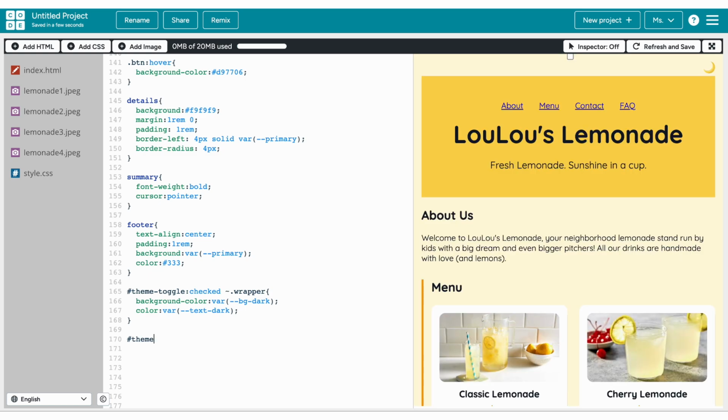So let's do #theme-toggle:checked, and then the curly dash, and then .wrapper .site-header, and then curly bracket, and then we'll do the background-color, and that will be #374151; and now let's do the color. So var(--highlight), oops,